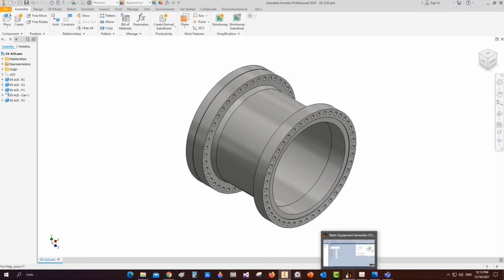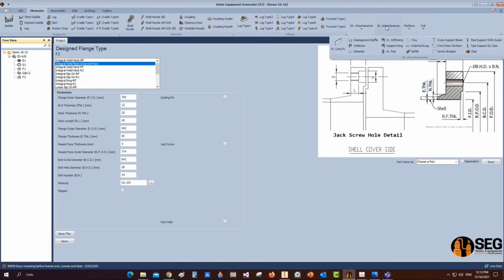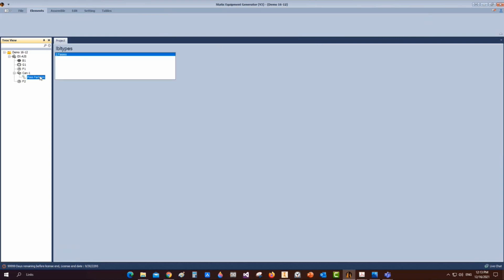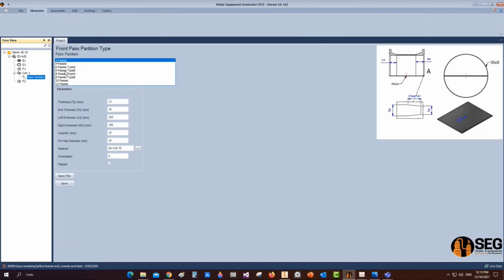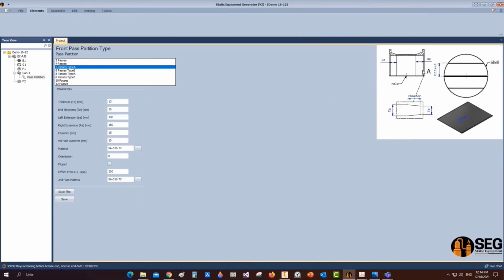So from elements, we will select the can one. And from here, you can figure that you can add many different attachments like supports, nozzle openings, lifting lugs, external attachments, and internal attachments. So from internal attachment, we will add a front bus partition. Let's add this bus partition. And from here, we will select the suitable type, which is 6 buses that we defined, type A, which is on the